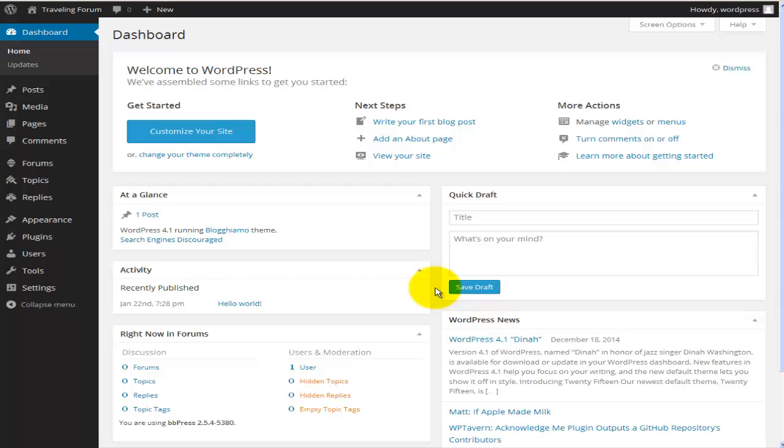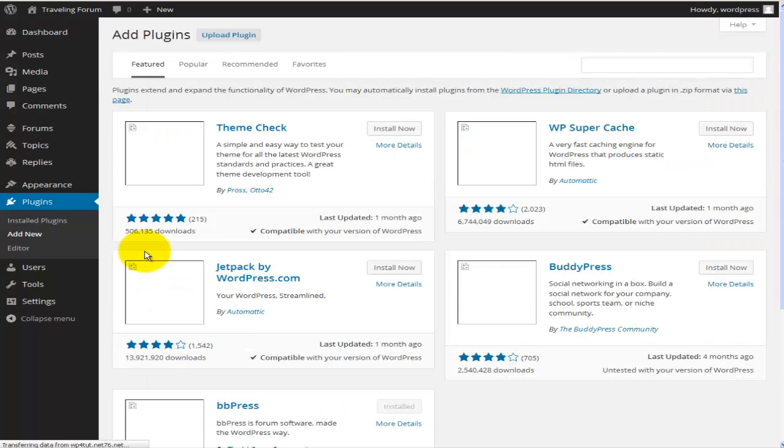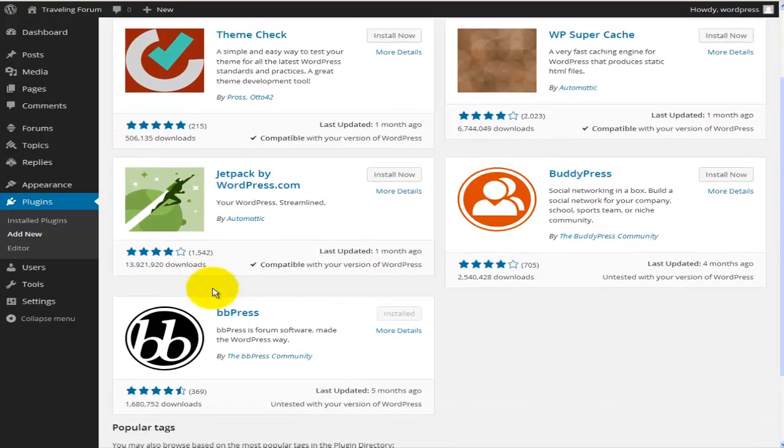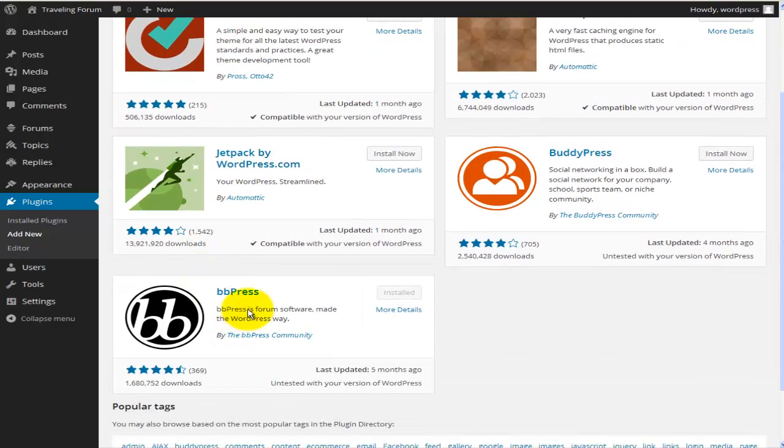Okay, so to do that we'll need to have a plugin. So let's go to plugins and let's click on add new. Now I went ahead and installed the plugin that we're going to use, and that plugin is located right at the first page. When you open add new plugins, under the feature you'll find down the bottom something that's called